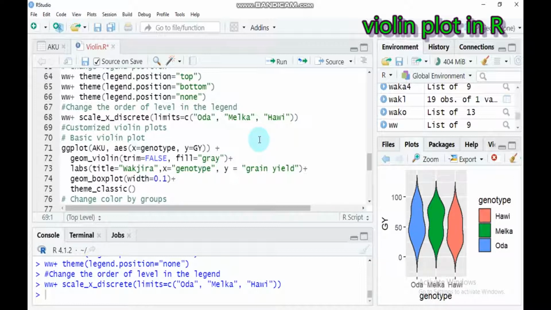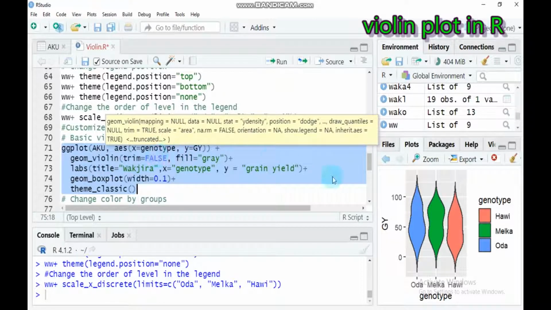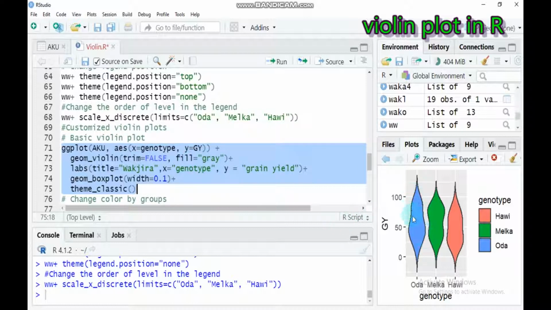Let's draw the finalized or customized violin plot. For example, here we have to use all these functions in one. That means the data name is Aku, then the X axis is genotype, and the Y axis, or the response variable, here is the grain yield, and the function that helps us to display this violin plot is the geom underscore violin function, and trim equals false helps to keep the extremes, and also fill which equals to gray is the type of color that fills inside the violin plots,